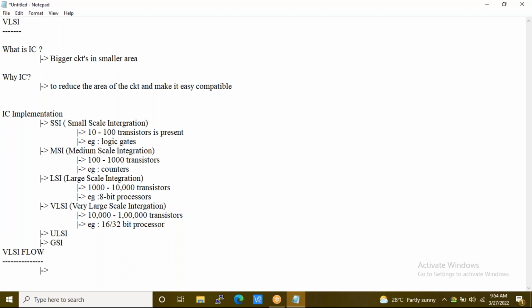Here we have two more terms, ULSI and GSI. ULSI means ultra. Yeah, voice is breaking. Now am I audible, sir? Yes. Yeah, there is ULSI, GSI. Then why is VLSI so popular? Why don't we call it the ULSI industry or the GSI industry?